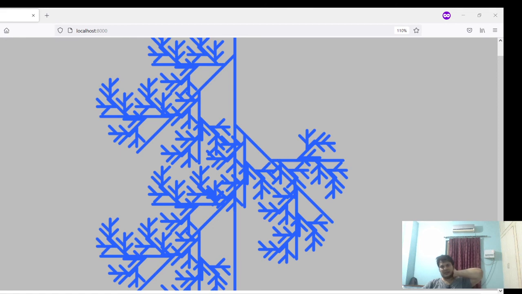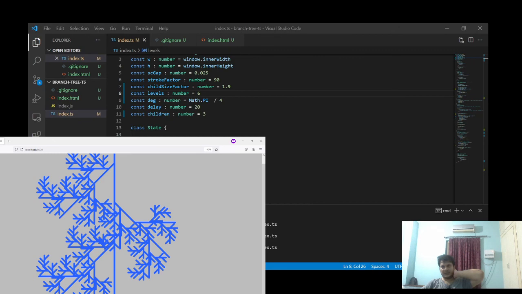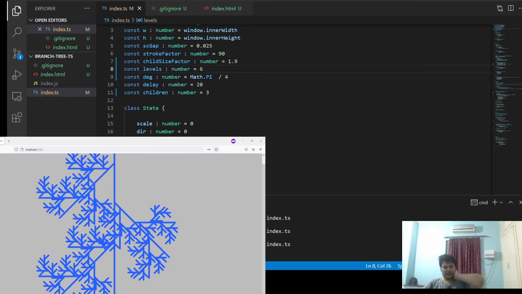At the end, I did certain other value manipulations. I have decreased the children to three, and the levels have increased to six. We can do more than this also. We can decrease the children to two and try evaluating.